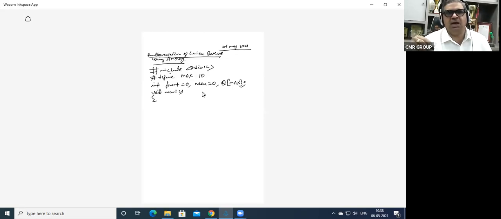What are the operations we have? Insert, delete, and display. So 1, 2, 3, everything will continue, right? Now let us see further: queue is full and queue is empty. Also we have to write those functions. Is full, is empty, the functions would be there because it is an array, right?